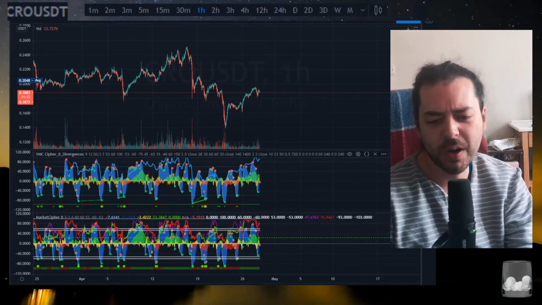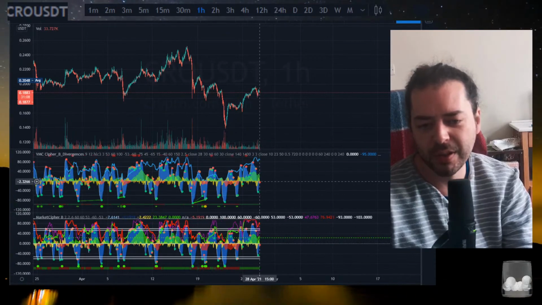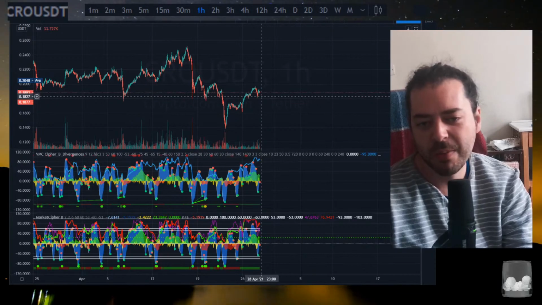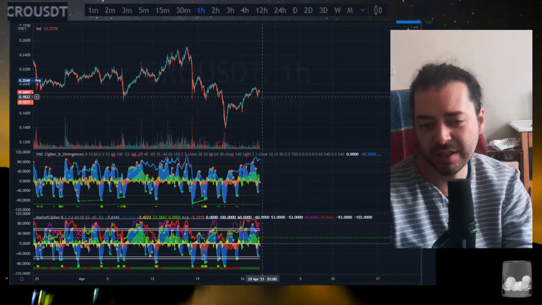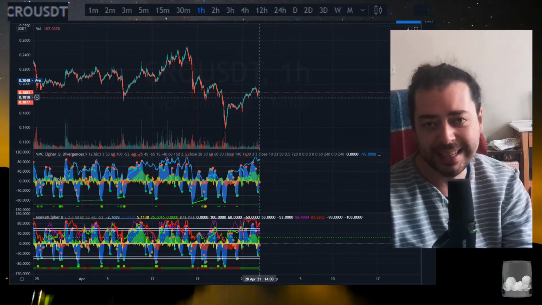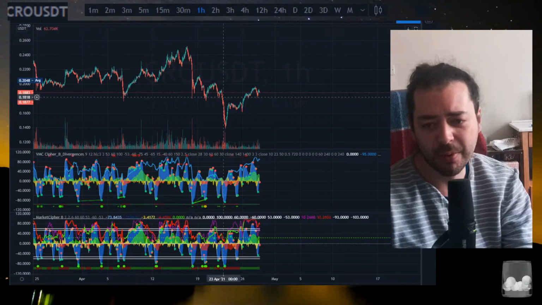Let's just do a quick spot of analysis. We're seeing a green dot here on both the real one and the fake one, followed by a red dot just there. Maybe it's a little bit premature to get in here on any moves. We might be seeing a retest of this region just at this neckline. That is what this would become at 0.1818 on the CRO USDT price, where we have got